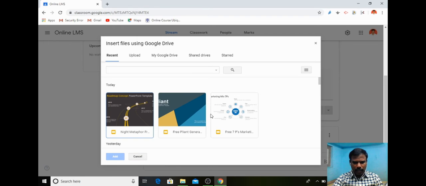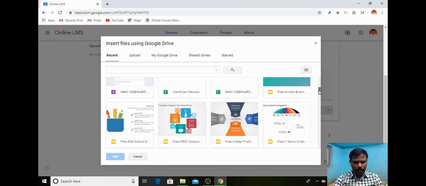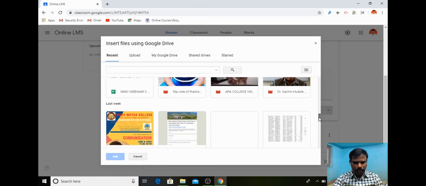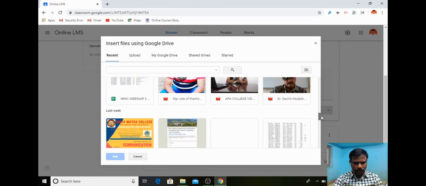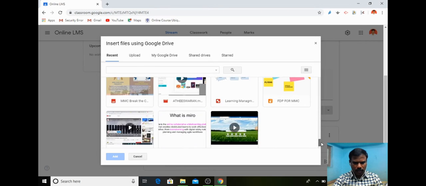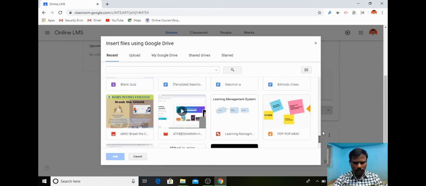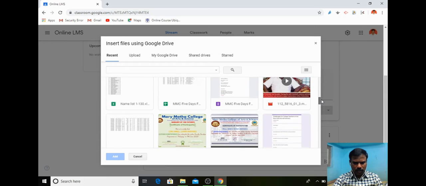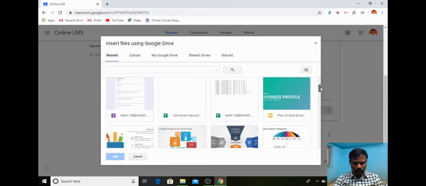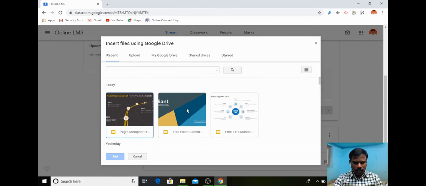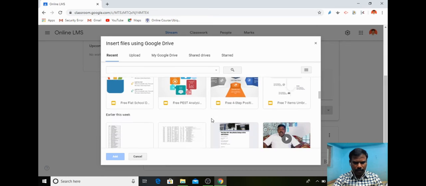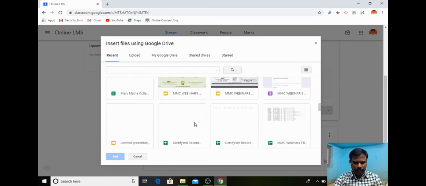So you can see the PowerPoints which I have downloaded recently. I can select any one of the files from these available files.